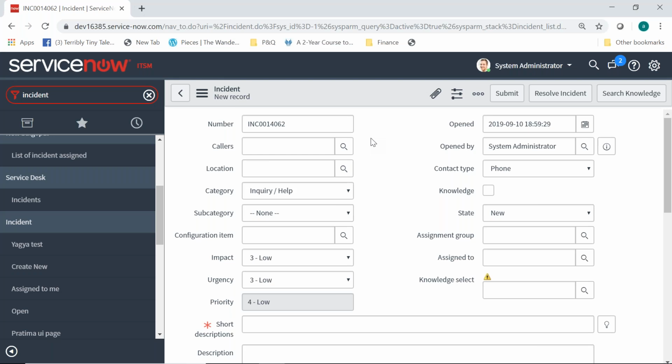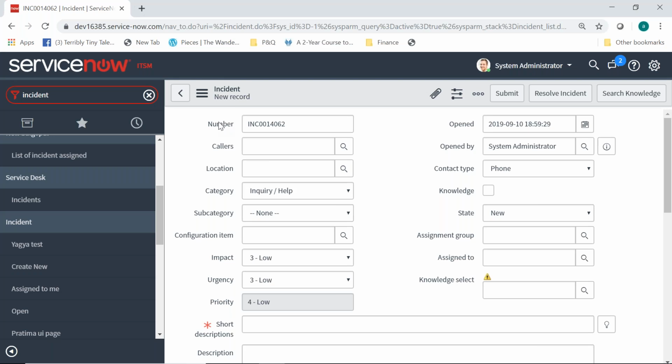The benefit is that we are showing the number field in there because ServiceNow has auto-populated it and maintained uniqueness on that given field. It means we will never have two records with the same incident number in the system.